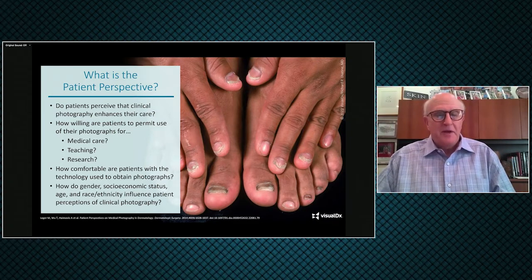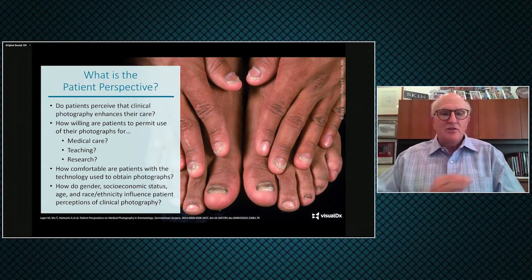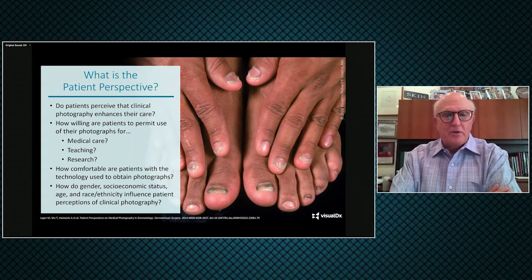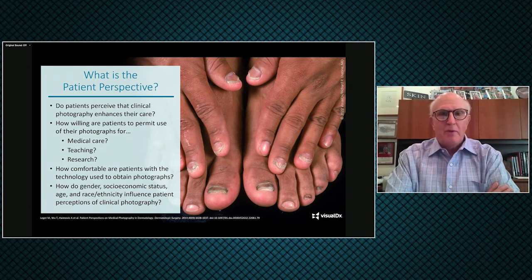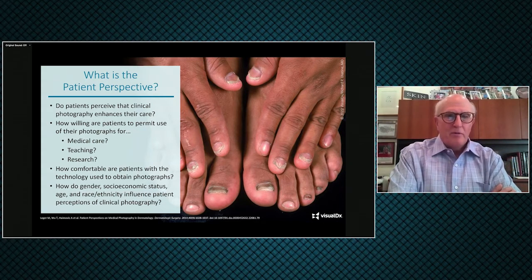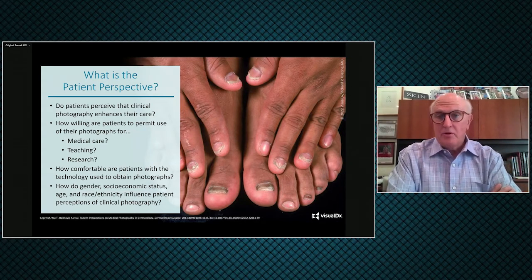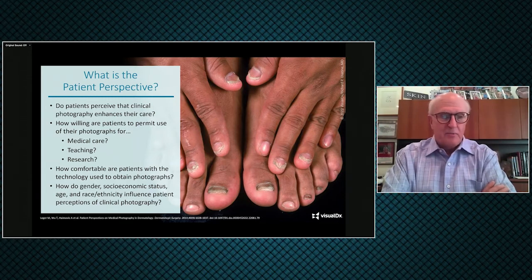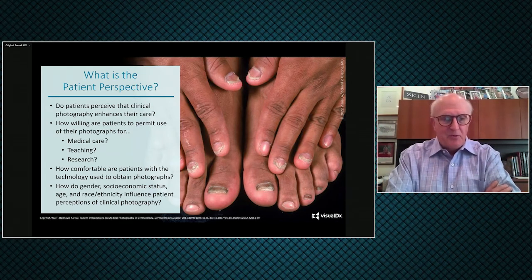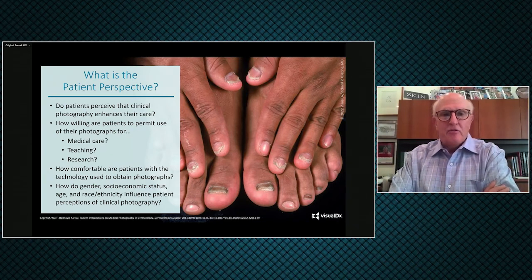That's come up. It's interesting. That has come up recently in a lot of literature, particularly since Obamacare passed, when the high-tech and HIPAA issues became more important. So there are a number of studies which have looked at the patient perspectives about medical photography. One of them is referenced at the bottom of the slide, in pretty small print, but how do patients perceive